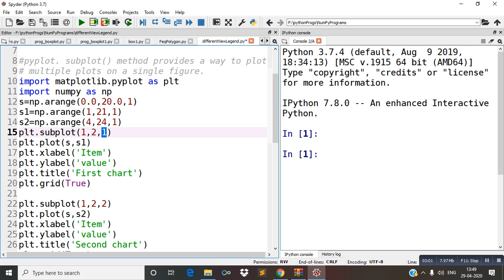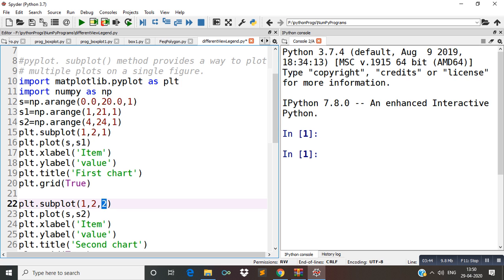Similarly, at line number 22 we have also taken subplot. Here as the third parameter we can find 2. It means this is the second plot, and the earlier one is for the first plot. I think you have got the meaning of the third parameter. Our objective is to form more than one plot, so in this question we are going to form two plots. This 1 is for the first plot and this 2 is for the second plot, or you can say for the second figure.